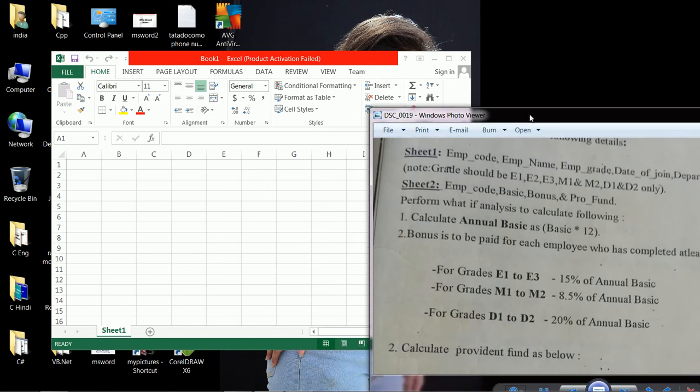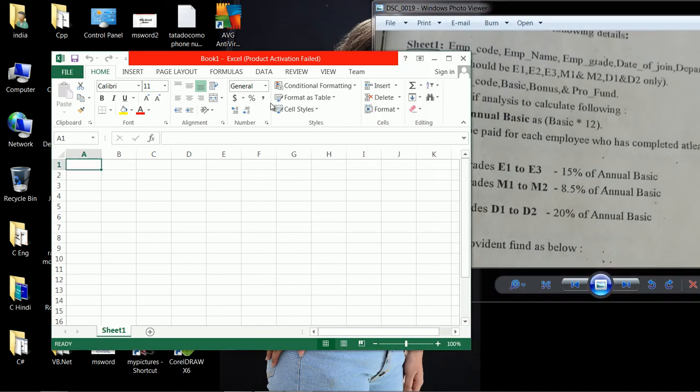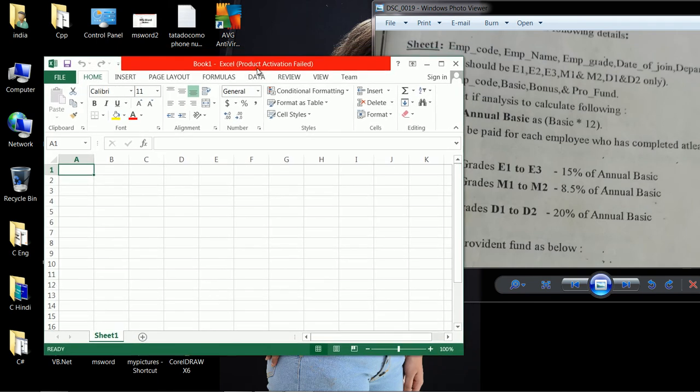In sheet 1, we have employee code, then name, grade, date of joining, or here I put joining date, and department.